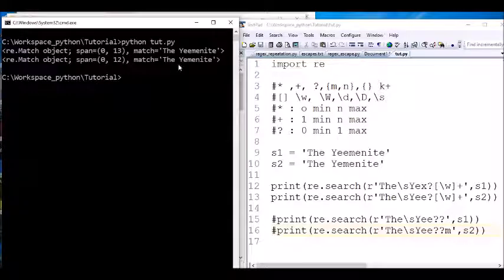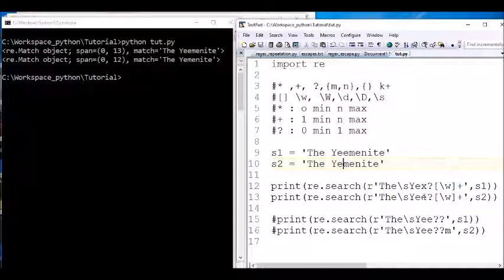So we see in the first case, Yemenite, because as I said here, the X does not exist, so it didn't affect the search because it's an option. Either X is there or not there, it is still the same thing. Similar in the second one, after E, I have 2 E here, and the second E, whether it is there or not doesn't matter, so it doesn't affect.